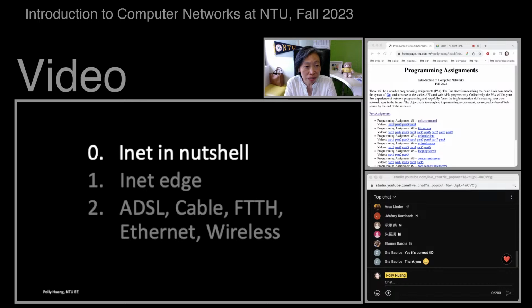First, I call it topic 0 because it's to recap chapter 1.1, what we talked about last week. It's a very high-level overview of the internet. We have end systems, we have routers, these hardware components, and you heard also about protocols, the soft components. You heard from the very last quiz last week that humans also have communication protocols, and they can be very complex, in a way that there seems to be a very big gray area as to how we initiate a communication or react to a communication.